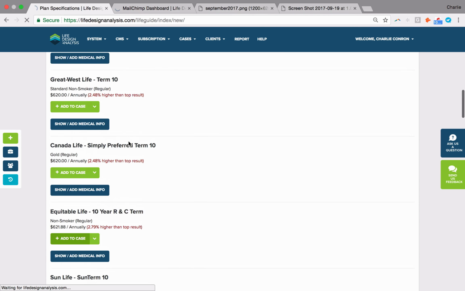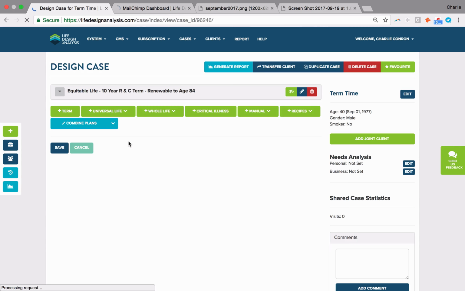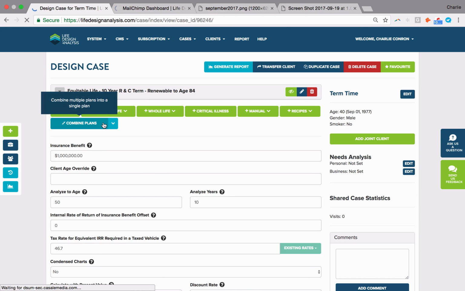Now, if I was just looking at term 10, the survey itself pretty much tells me the most affordable plan out there, but I don't necessarily have to use multiple term 10s. What I actually want to do is set up a comparison that looks at term 10, and I want to compare that one term 10 product to a term 20 and really show, by comparison, why the term 20 is better.